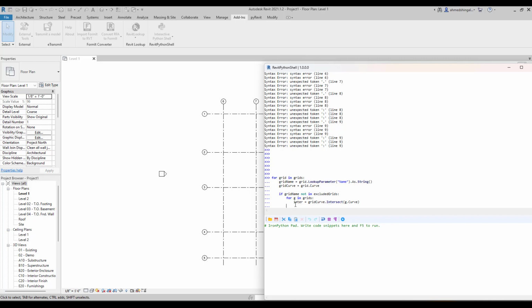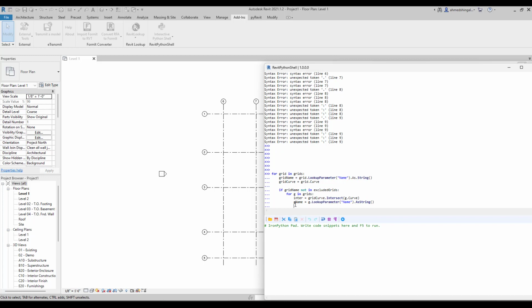Okay, and here we say the G name equal, which is one grid, G dot lookup parameter. Again, parameter, we would like to look for the parameter name, and we have it as a string. Alright, then